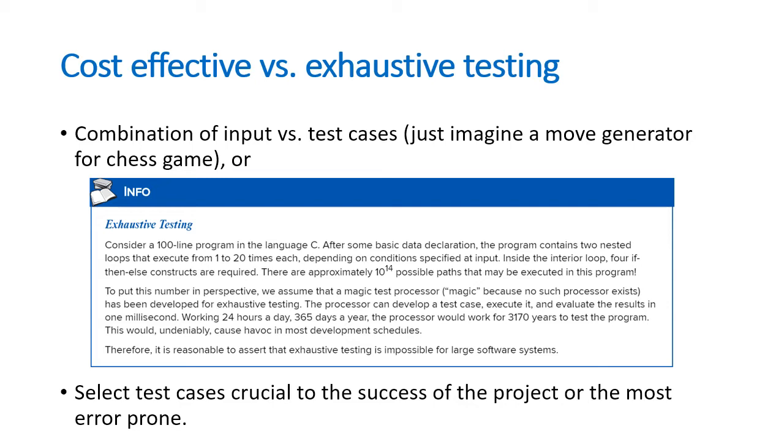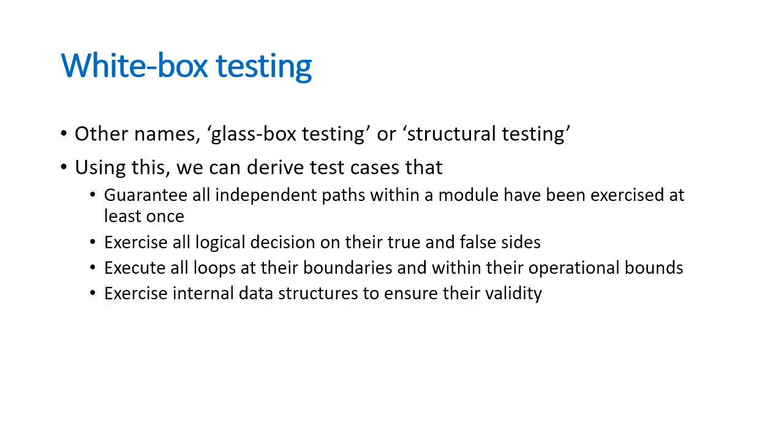In the case of large software programs, we tend to select test cases that are crucial to the success of the project, or the ones which are most error prone. In component testing, without going for the exhaustive approach, that's what we call the white box strategy. Other names are glass box testing or structural testing. Using white box testing, we can derive test cases that guarantee all independent paths